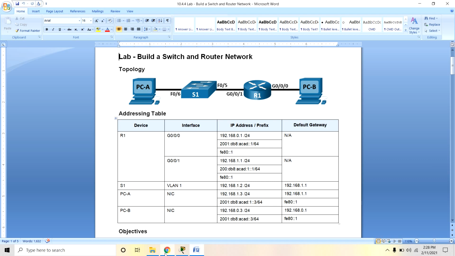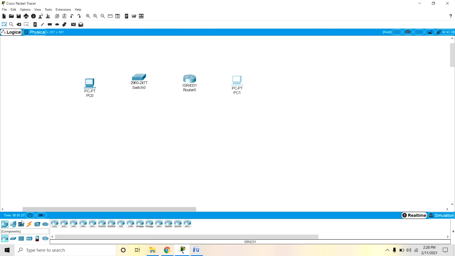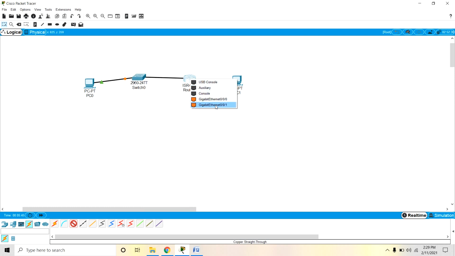The same configuration is connected by using the Packet Tracer tool. PCA Fast Ethernet is connected to port 6, and we will take another connection from port 5 to Gigabit Ethernet 0/1, and another Gigabit Ethernet 0/0 to connect to the PC Fast Ethernet 0.